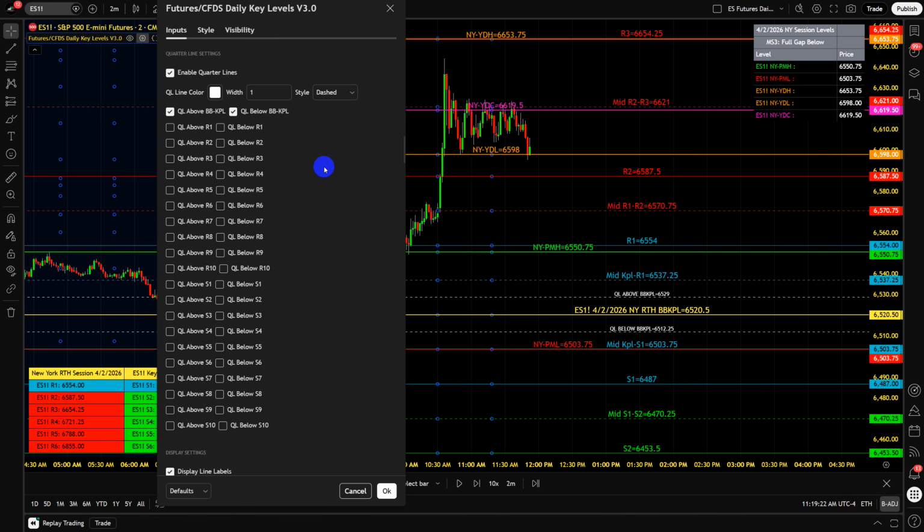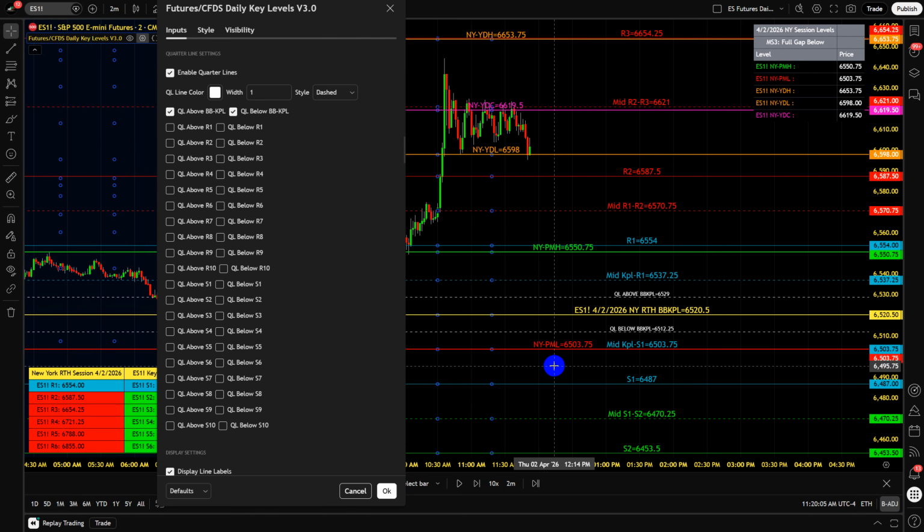However, just for right now, just know that the QL levels above and below are above and below each of the main key levels. The main key levels with this indicator are the BBKPL, the R1 through R10, and S1 through S10. The contextual levels with this indicator are the YDH, YDL, YDC, PMH, and PML. The stop losses for these are done through the user control panel, not by using QL levels for them. And when we get to that section, we'll go over how you can select a standard or tight stop loss for